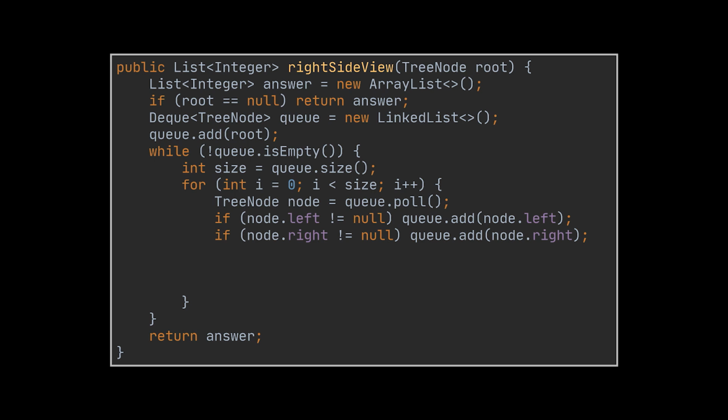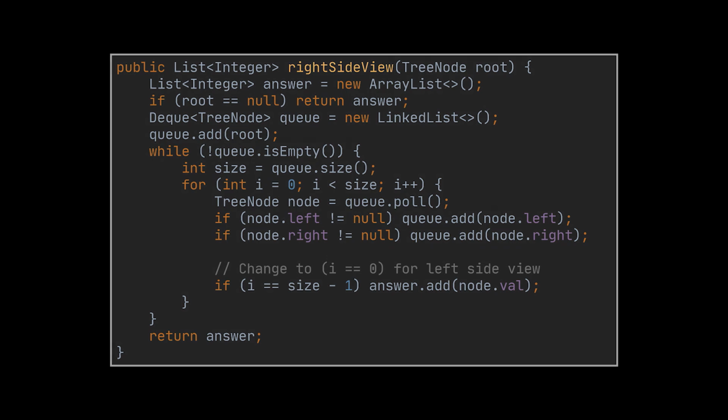Now to tackle our current problem. With every level being traversed, we need to check if the node we are currently processing is the last node of that level. If that is the case, we add it to our result, and after going through all the nodes, the resulting list will be complete. And that's it. The beauty of this solution is that if you wanted to retrieve the left side view, all you must do is check if the node at hand is the first node of this level instead of being the last.